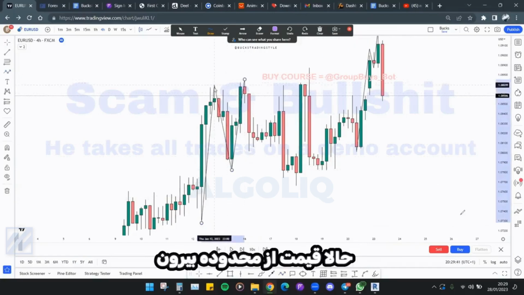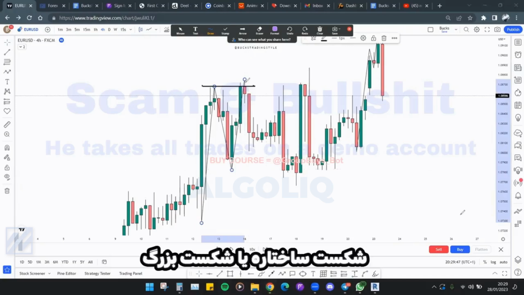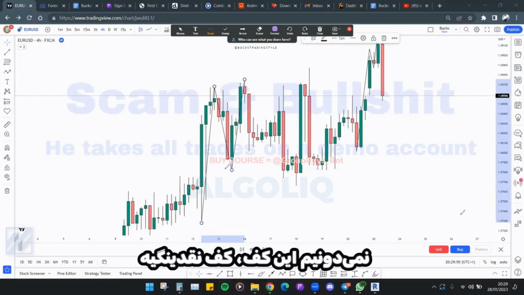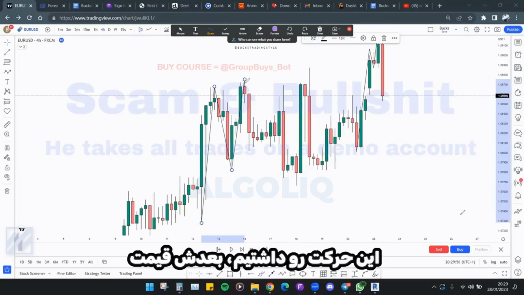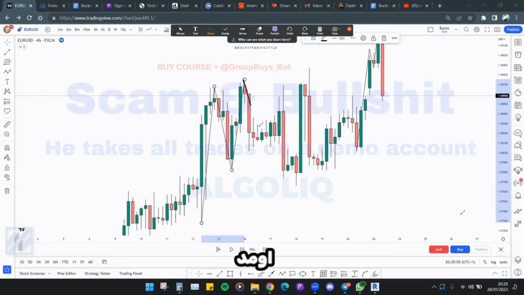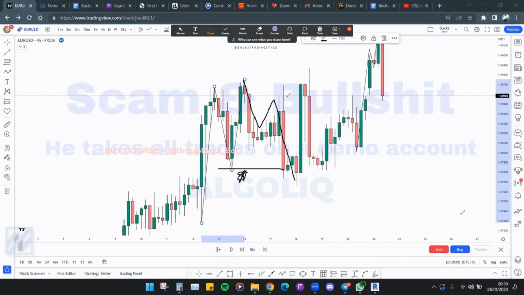Now, price broke out of the range. We can't tell if this right here is a break of structure or a fake break of structure, or if this low is a liquidity low or not, until it has happened. So when price came all the way down to take out this low, this low becomes our inducement, or let's call it liquidity for now.